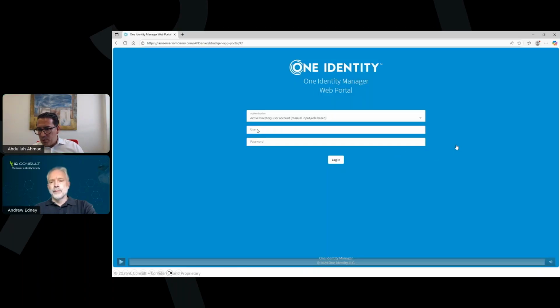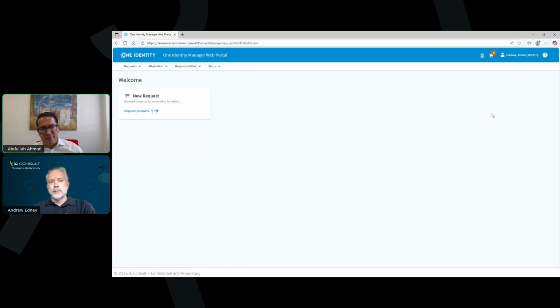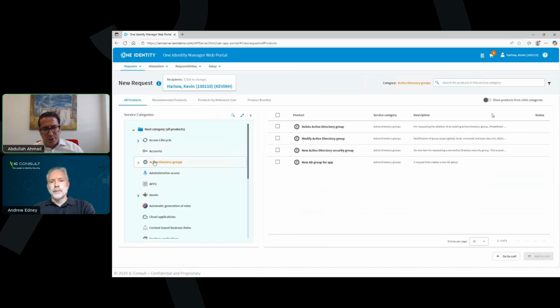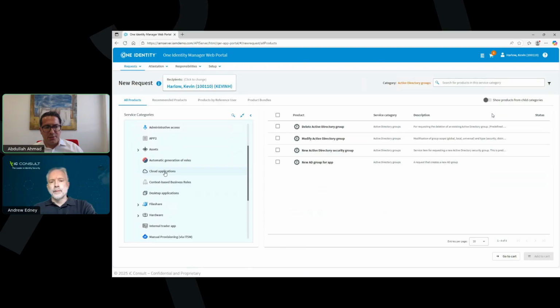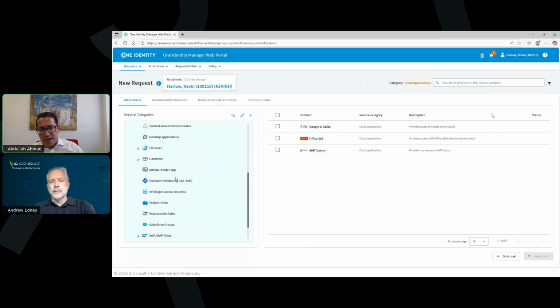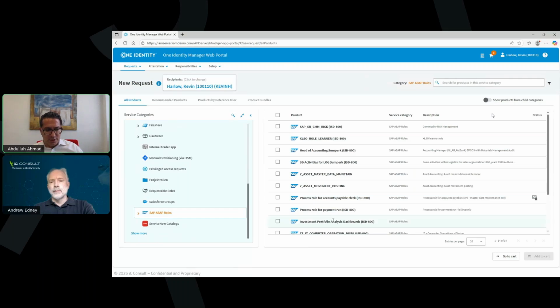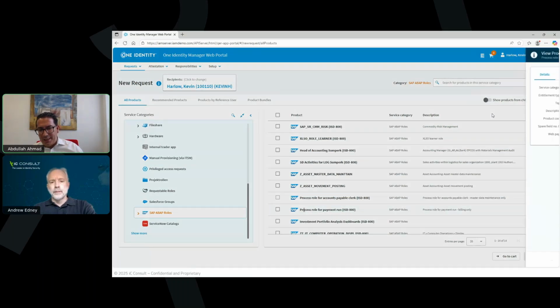So now we will come to a short video just giving you a very first overview of the request process. We have here an end user, Kevin. When he is logging in, he cannot see that much in the system. He can just see create new access request. On the left side, the service categories; on the right side, the service items. He can go through all those different items. In this case, he's going to the SAP ABAP roles and just picking one additional role he needs.